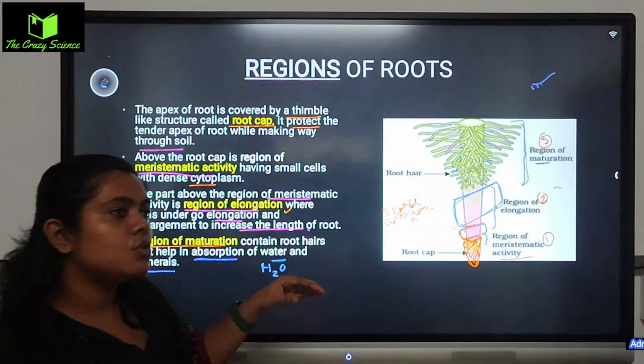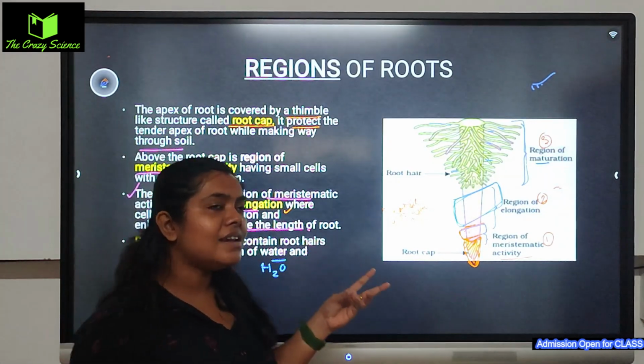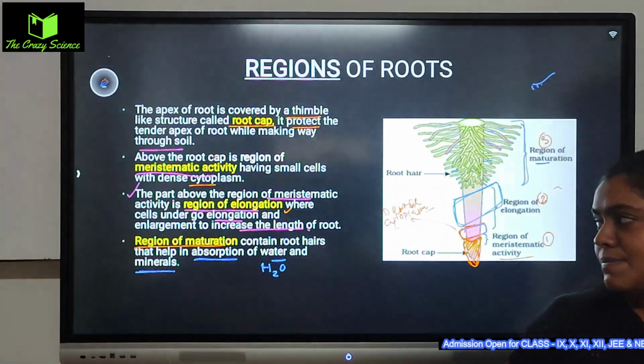So root cap is there, root cap এর ঠিক উপরে থাকবে. The three type of regions আমরা দেখলাম. One is a meristematic,